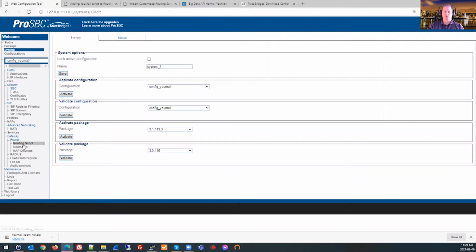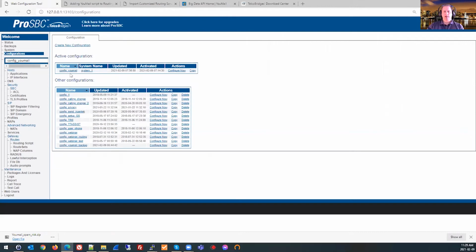Just before uploading a new script, you can copy your configuration. So here you see I have my config Umail configuration, but you can just copy your current configuration so that you can keep a backup of it, and you can just change the name as well, so that you know this one has been, we will add the Umail script to this configuration. Okay? So once you've copied it, you can say just configure now, and then you will see it will appear